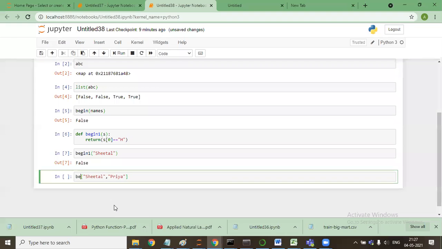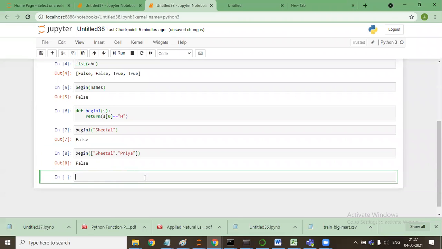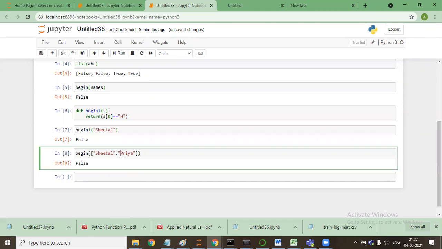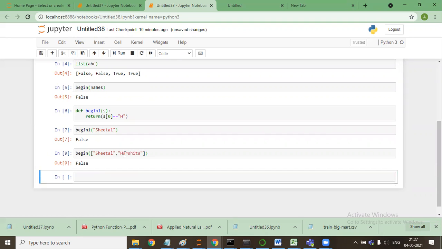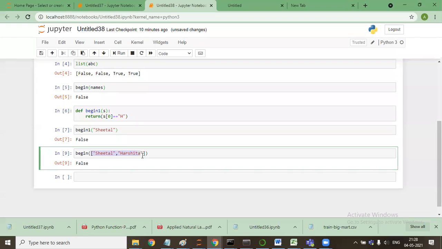It will say false. If I say Harshita instead of Priya, then also it will say false only, even though Harshita starts with H. So to apply this to an entire iterable, this iterable can be anything, list, tuple, or anything, we actually need a map function.